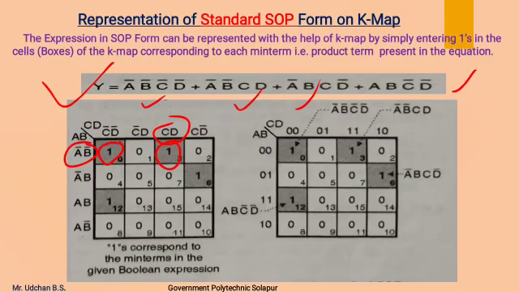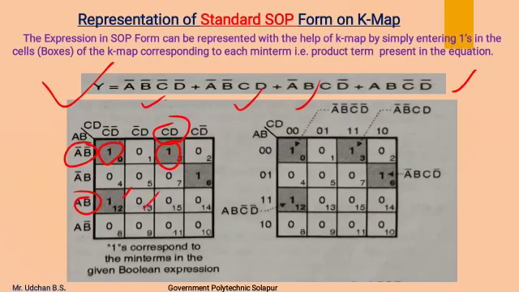A bar B means this row and C D bar means this column. So the cell position comes over here, therefore 1 is entered in that place. Next product term is AB, this is AB, and C bar D bar, this is C bar D bar. So the cell position comes over here, therefore 1 is entered in this respective cell, and for remaining cells or